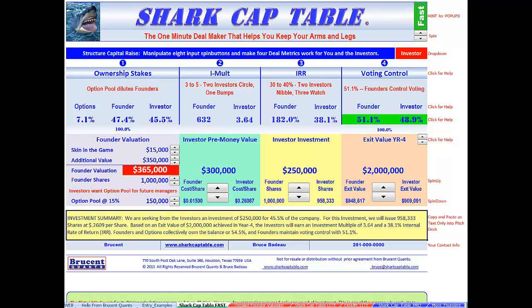Now, one more quick thing. At the bottom here we have 3 red tabs. We've been working with the green tab, which is Shark Cap Table Fast. And by the way, fast communicates with light. This data is not lost. In fact, you will see this data in the Shark Cap Table Light. We use light to further detail components. Also, we give you powerful